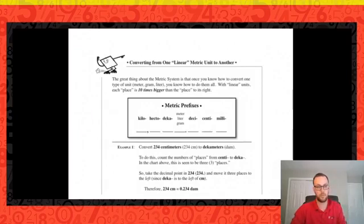So the cool thing about the metric system is once you know how to convert one type of unit, being meter, gram, or liter, we know how to convert them all. Because they're linear units, each place is 10 times bigger than the place to its right. So I know that 1 meter is the same thing as 10 decimeters. Okay, so if I have 234 centimeters, and I'm looking to go to decameters, I just want to count the number of places from centimeter to decameter in the chart above. So, if I take the decimal point in 234,